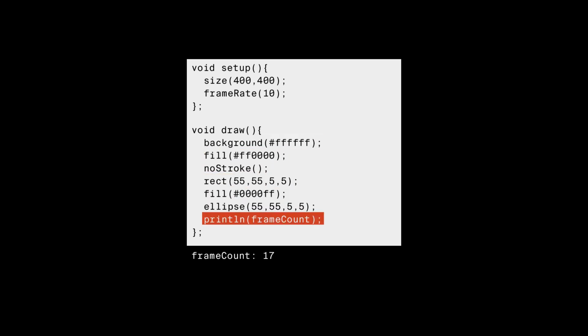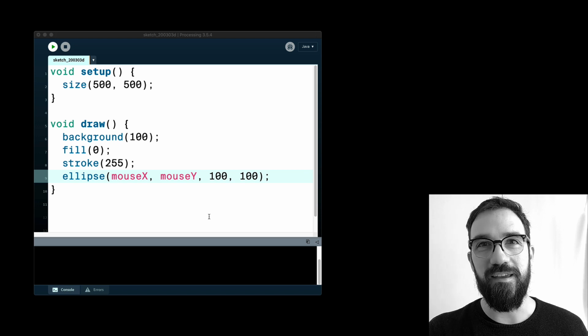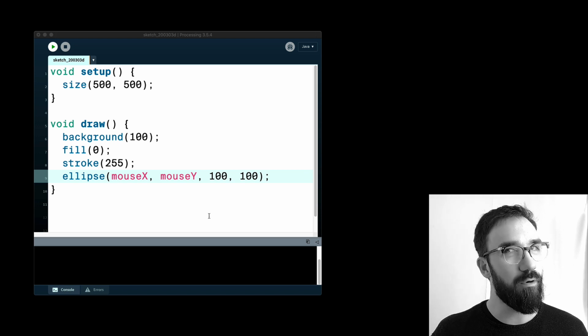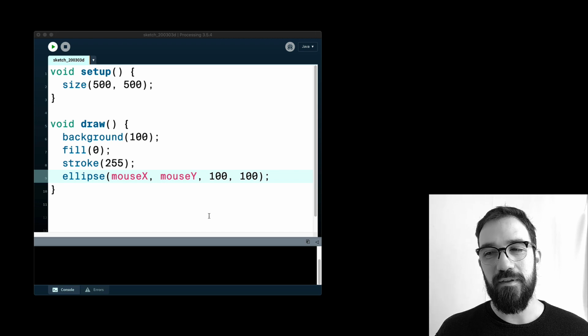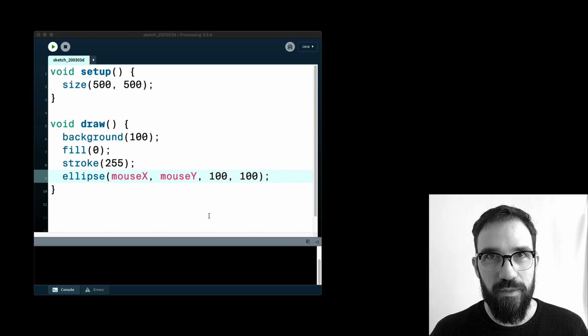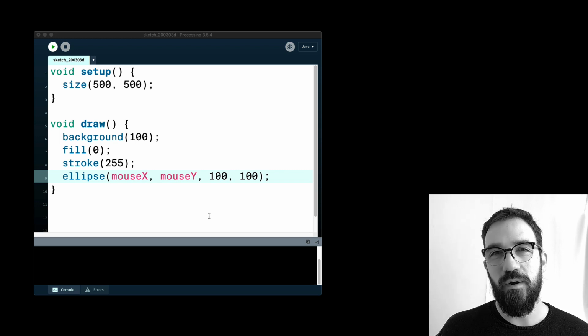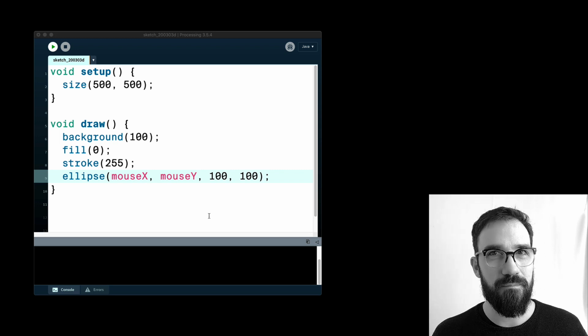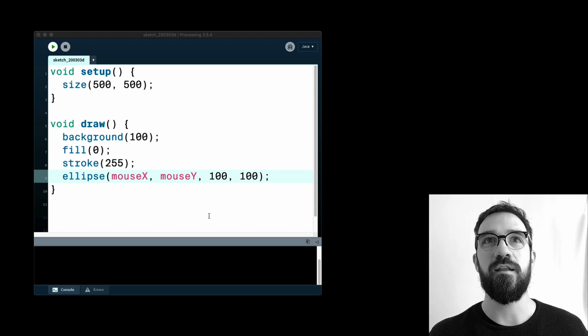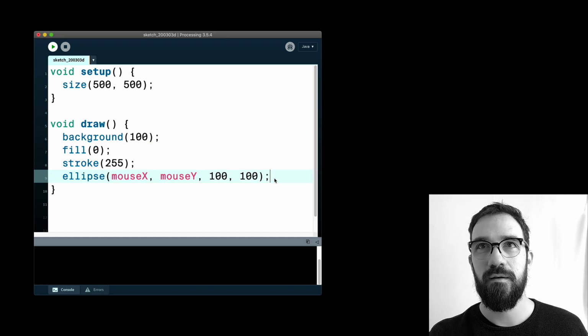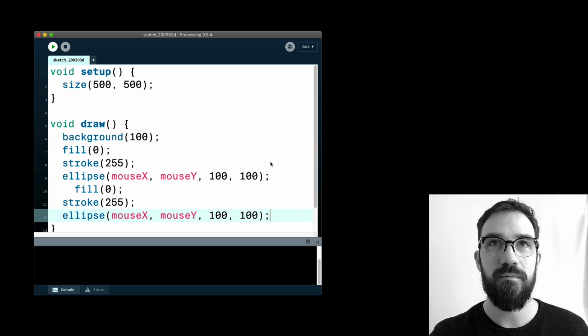So the draw loop runs continuously from top to bottom, reads the code, paints the picture, reads the code, paints the picture, and so on. So that's why it is called draw loop, right? And we are going to talk about loops later on. Now, this is the key to understand how we can draw multiple shapes to the sketch window. Because if we want to have multiple shapes with different stylings, we have to understand that the code is read from top to bottom. Because now we can take this piece of code here, paste it down here,